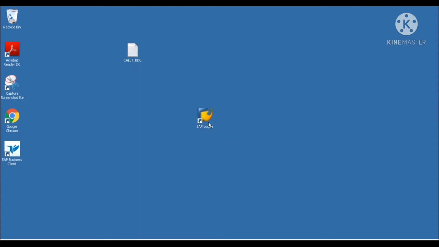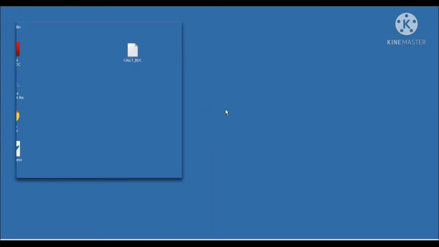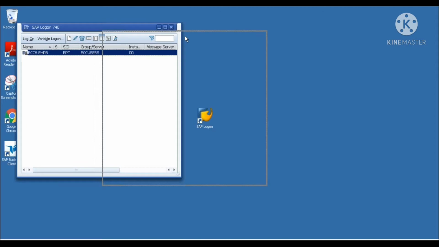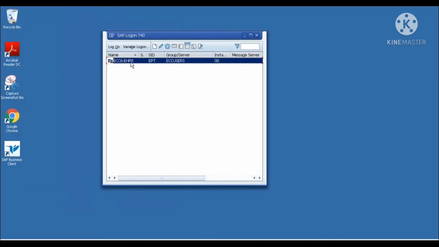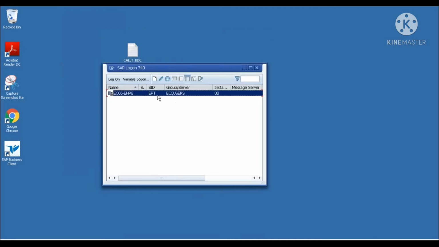Yeah, sir. Okay, so here you double click on SAP Logon, and you will have the application server already configured. If it is not configured, and you want to install this SAP GUI on your local system, you can do that also. If you want that, please let me know and I will guide you.